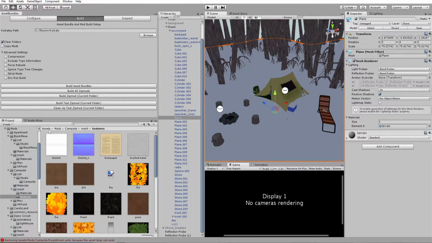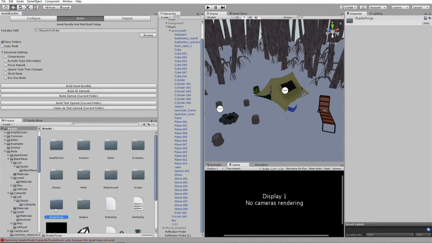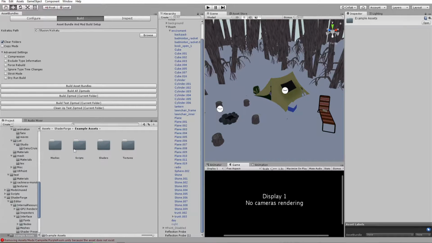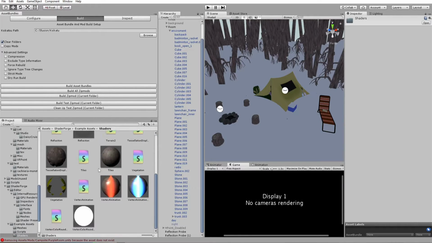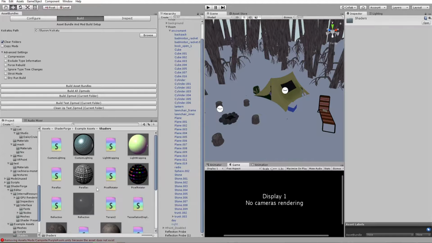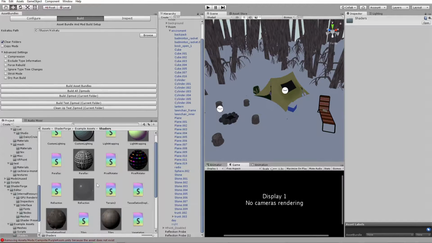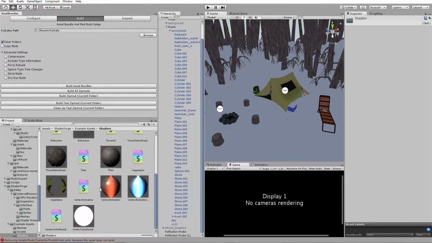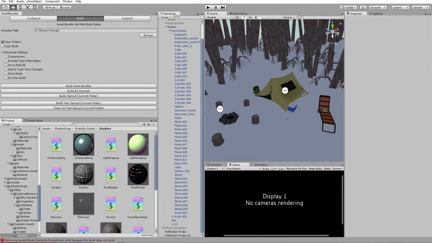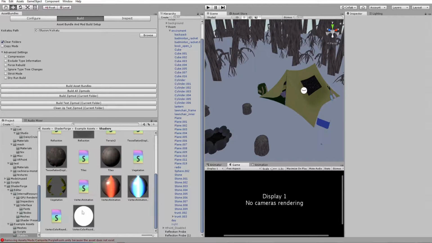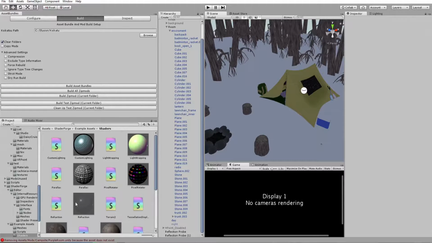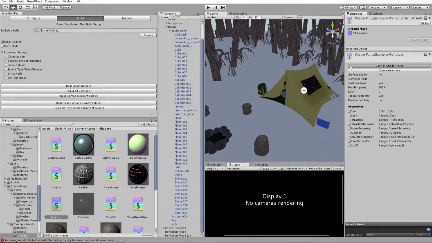So if you head to the Assets folder and Shader Forge, and then you go to Example Assets, Shaders, you have a whole bunch of different things to play with in here. So what I've done is I've kind of made my own shaders a little bit with Shader Forge, which do some specific things that I've wanted to do. So, obviously there's all these examples you can use and build from. So what I've done is I took the refraction example and made kind of my own version of it. So if I open this in Shader Forge,